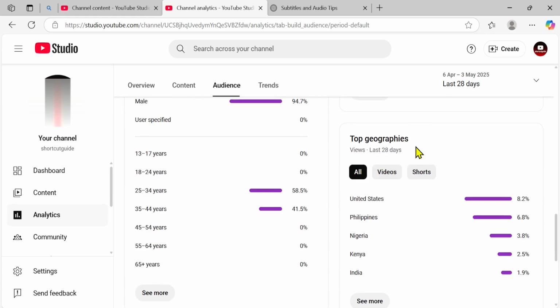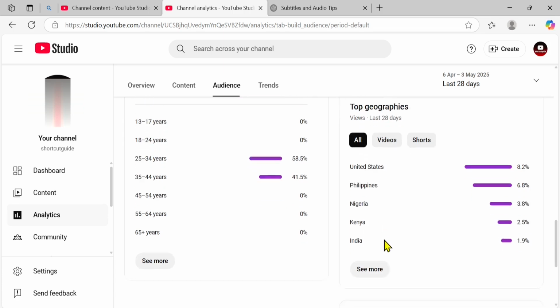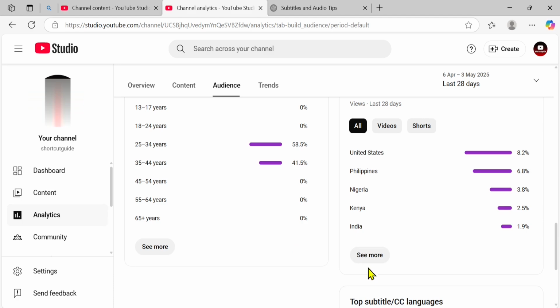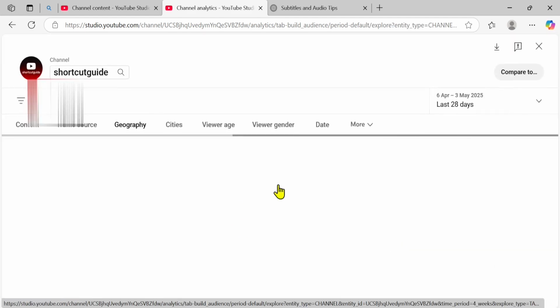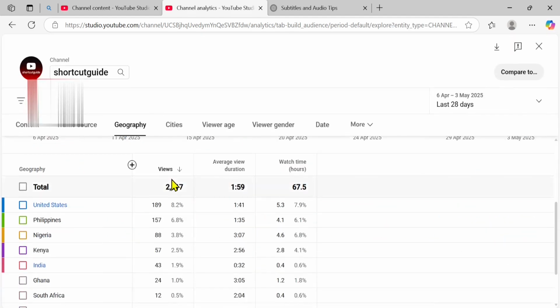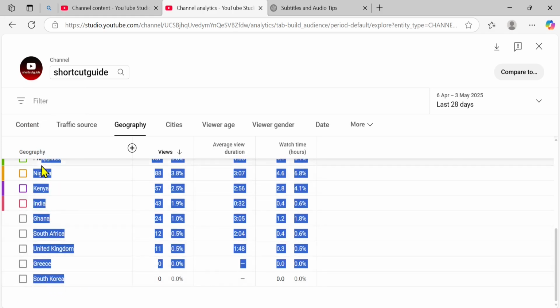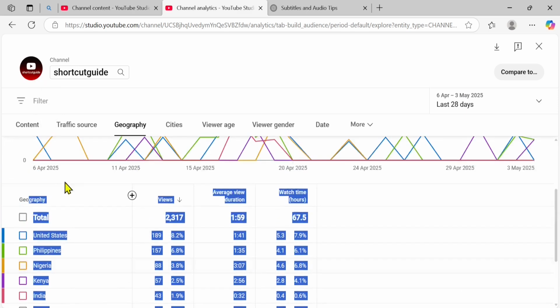geographies, where your viewers are watching from. For example, mine are watching from the United States, Philippines, Nigeria, Kenya, and India. And when you click on more, you can see that YouTube has actually been showing to other geographies, for example, Greece, United Kingdom, and South Korea. So what you need to do is to copy all these countries. Yes, like that. You say Ctrl+C to copy, but you can copy them directly and go to any of your